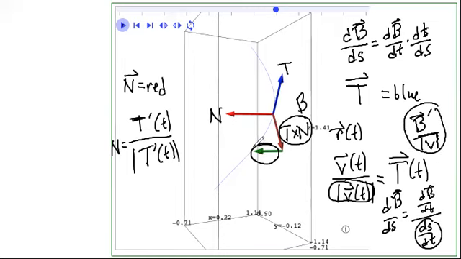So it's representing the change of this b here, which kind of represents tilt, like the plane that this curve is in, and this plane is tilting as we move along. It's like going this way or whatnot. In fact, the derivative tells us how this plane is tilting. The plane that has t and n, it's always tilting this way. In fact, why don't we take a look at this